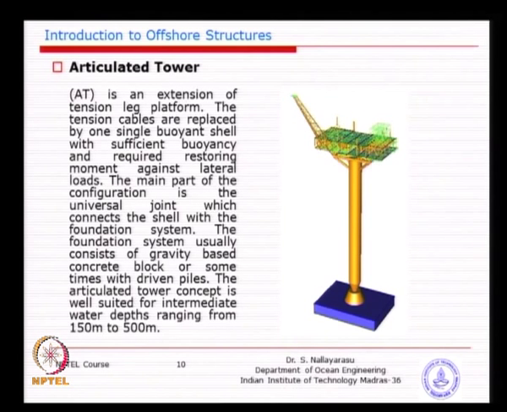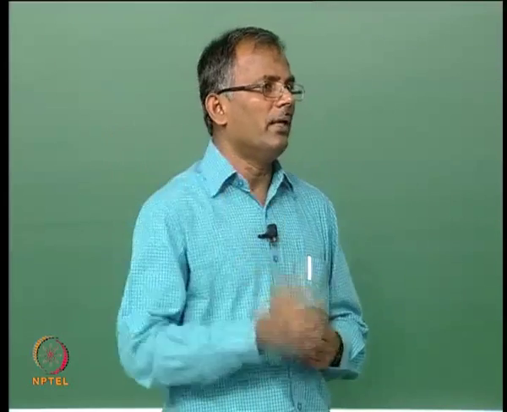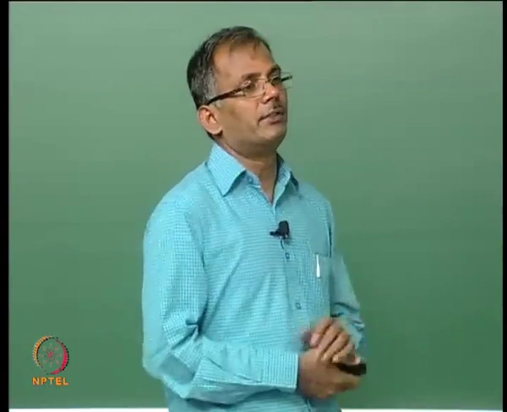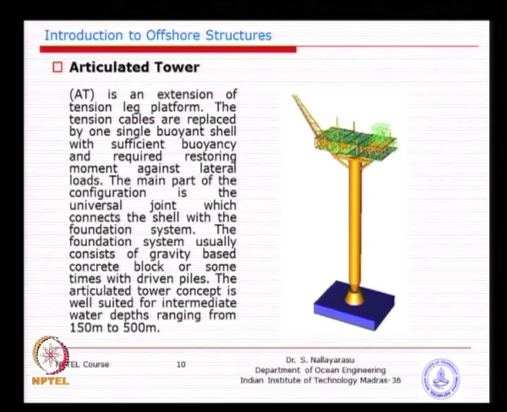As soon as the horizontal loads due to wave forces, attacked by the external forces, displace the column, because the buoyancy is available from this column, the buoyancy will bring the column back to the vertical position, to our neutral position. So, back and forth motion will be achieved by the inherent buoyancy of the system, but one of the problems of construction is making such a universal joint at the bottom, and it is only in the paper. So far nobody has implemented this, because it is so difficult to construct such a system with a large diameter.